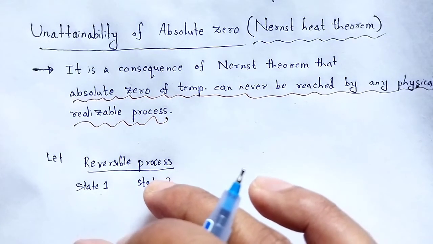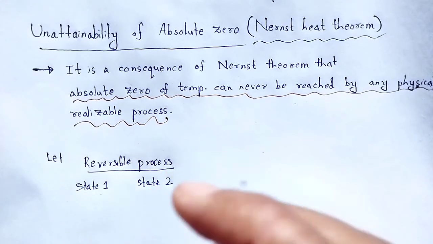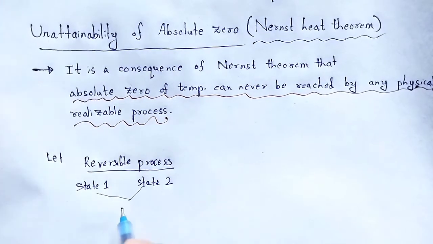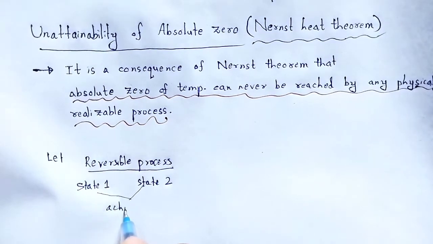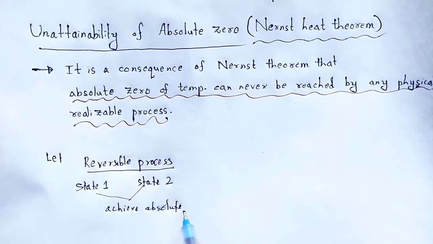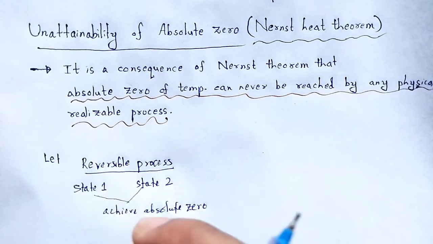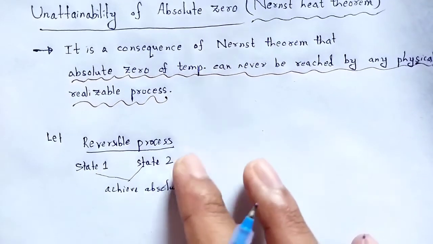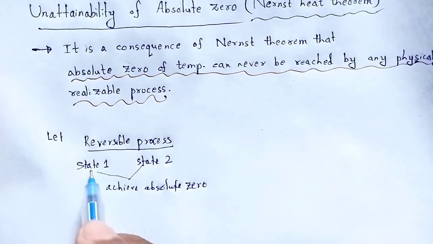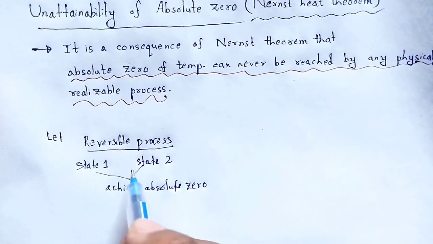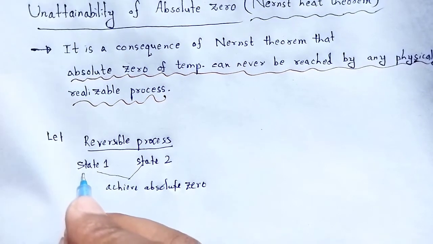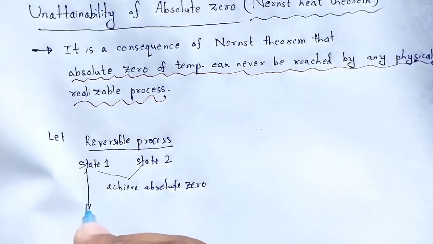These two states are used to achieve absolute zero. Then the entropies of the initial and final states are given by the entropies. Let us see the change in entropy in case of state 1,